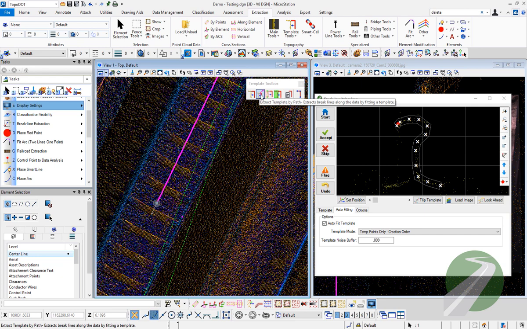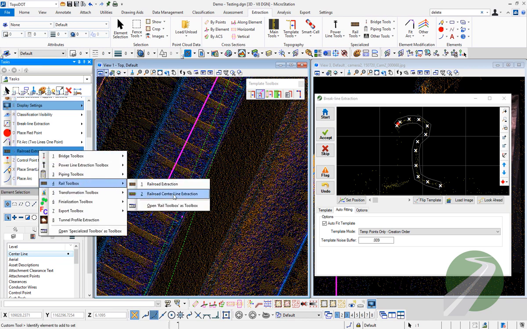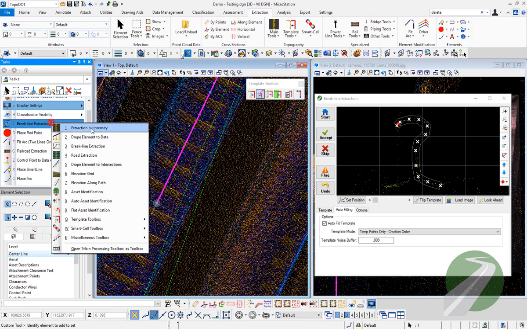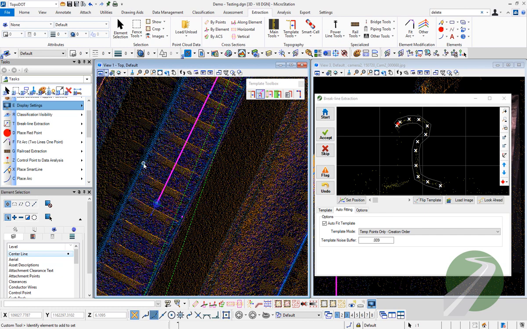So we can use these tools to either get both rail lines and then use the rail center line tool to get the final line. You could use a trajectory line. You can trace and drape in here. You could use the extraction by intensity tool as well to get some line going and then maybe move over. But once you have this line,